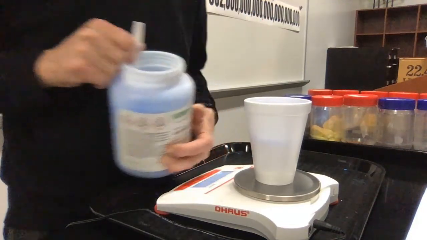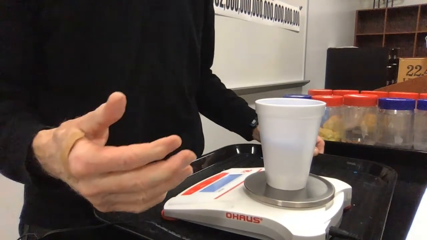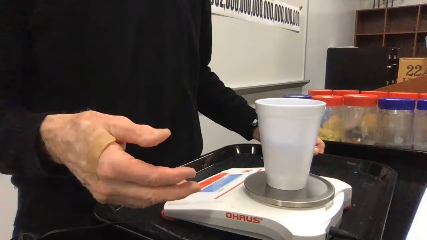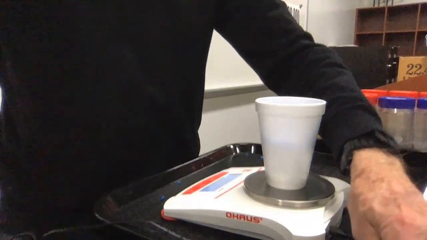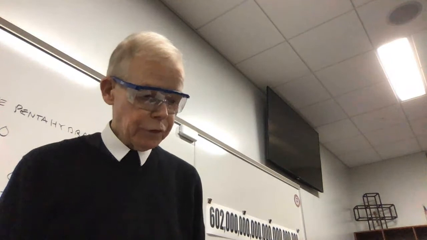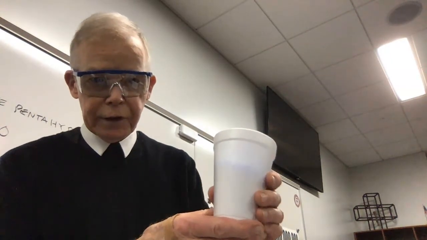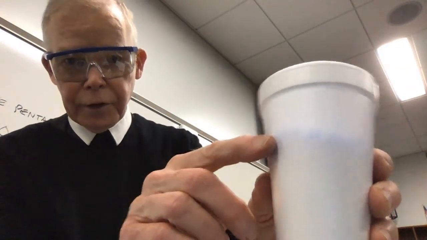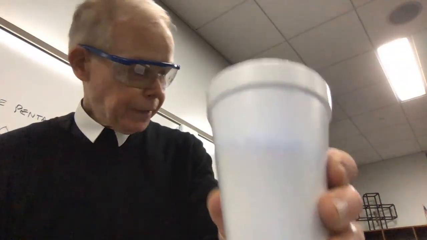Oh, I thought this was going to happen. We are now at the point where we've gone beyond the capacity of the electric scale, and what I'd have to do at this point is switch to one of the mechanical balances, usually the one that has the greater range and can weigh the whole thing. So I would eventually finish that off. How much do I have in the container right now? You might be able to see a little shadow right here. So this is going to represent our 1 mole of copper sulfate. And if I compare